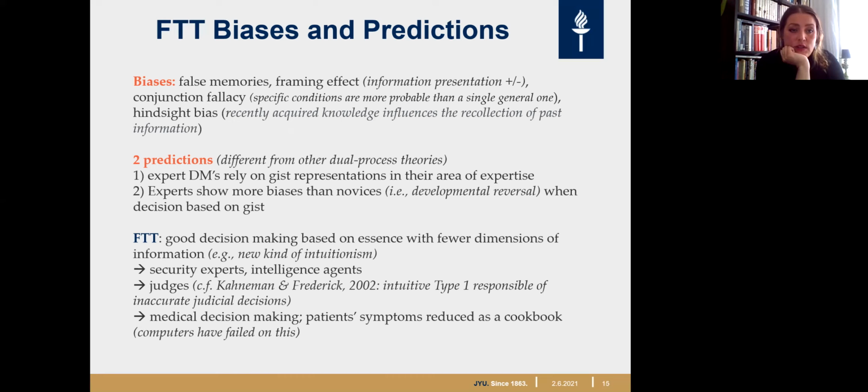It has been studied with security experts, intelligence agents and judges. And in terms of judges, there's a contradiction to Kahneman and Frederick, where intuitive type 1 is responsible for inaccurate judicial decisions. And then also with medical decision making,